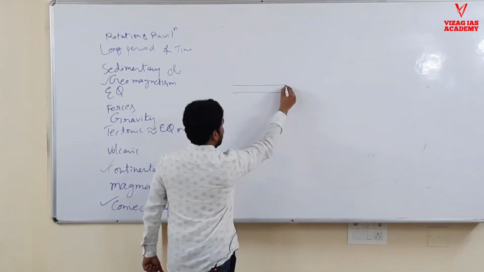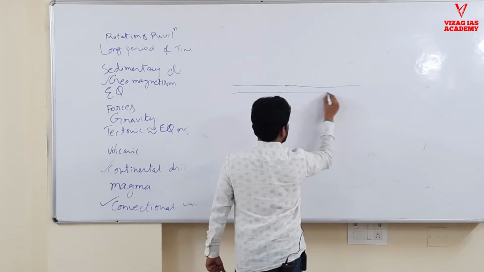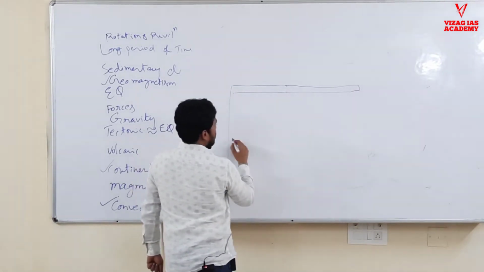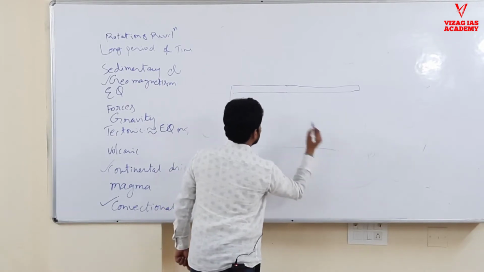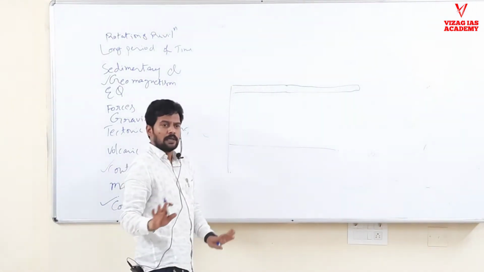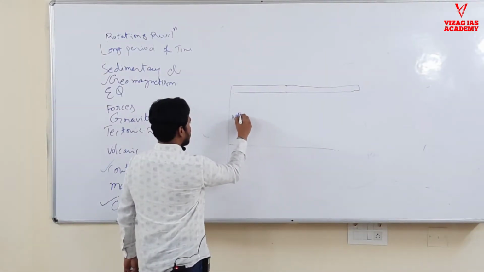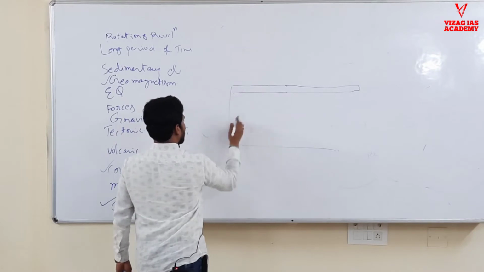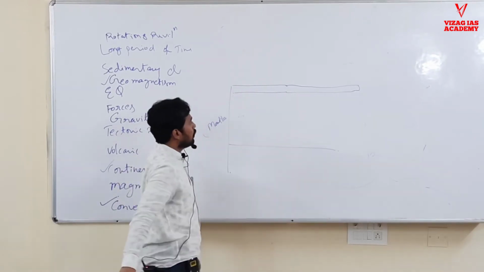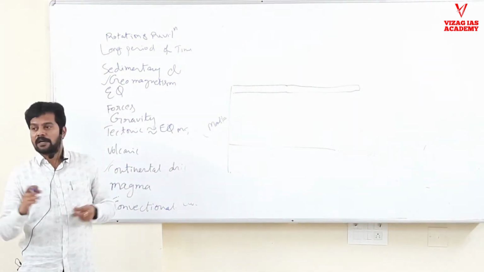This is the lithospheric plate. This is the asthenosphere. I am not discussing it because asthenosphere anyway they are moving. I am saying mantle, inside the mantle. Okay, asthenosphere or mantle. This is the mantle part. Now I need to create the spreading divergent boundary first.